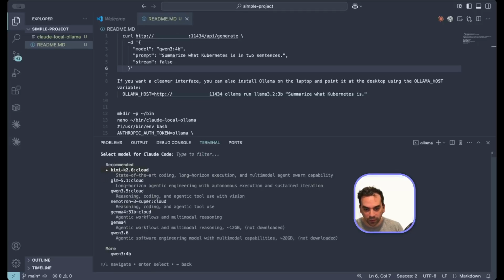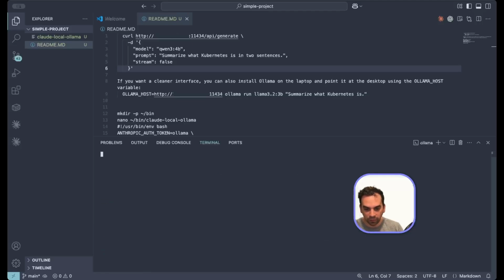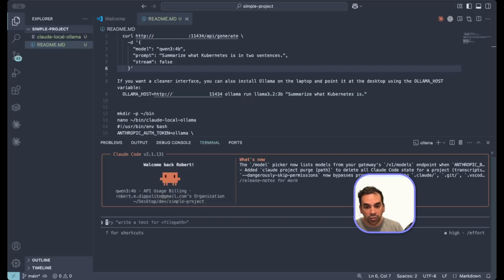And what we're going to do is choose our model, Qwen 3 4B. And this should leverage our local model. And so as you can see, we have Qwen 3 4B context. And if I say something to the effect of explain to me what Kubernetes is in 2 sentences, we should be able to leverage our locally running model in Claude Code, in the Claude Code interface,